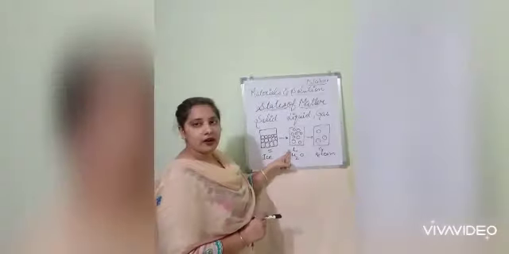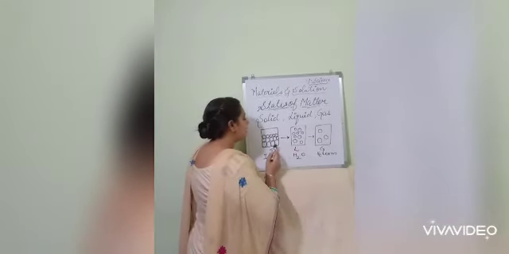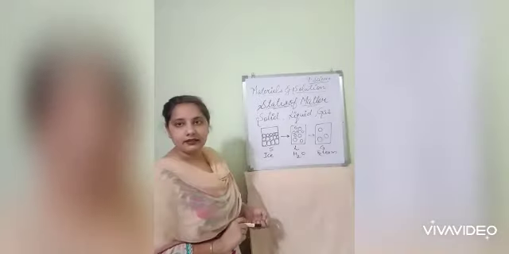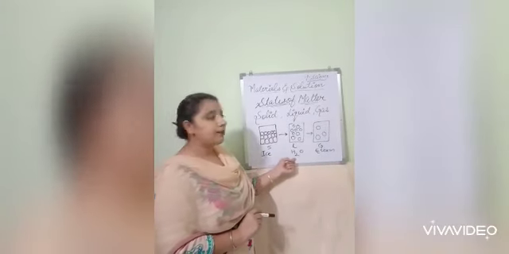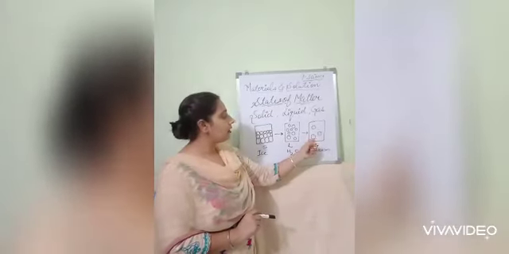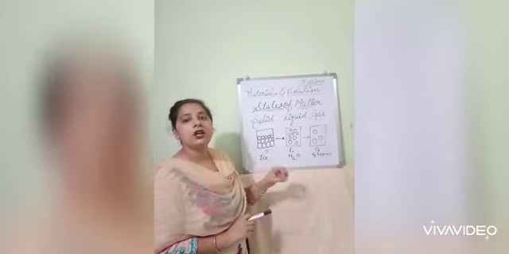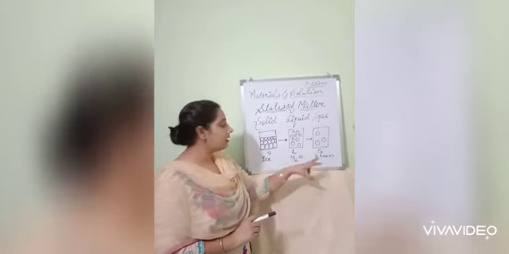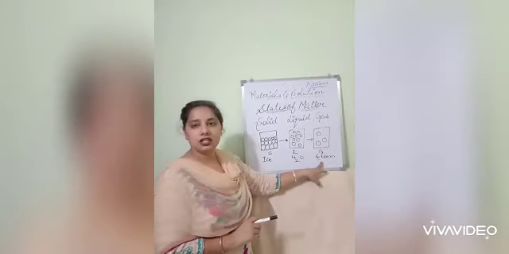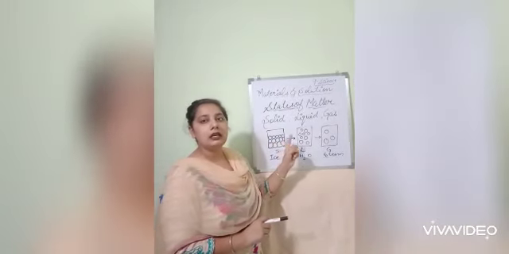Next is liquid. In this the arrangement of molecules is looser than in a solid. For example, water. Last is gas. These are the arrangements of molecules for gas. They are freely movable. Intermolecular force is very weak in gas. For example, steam.